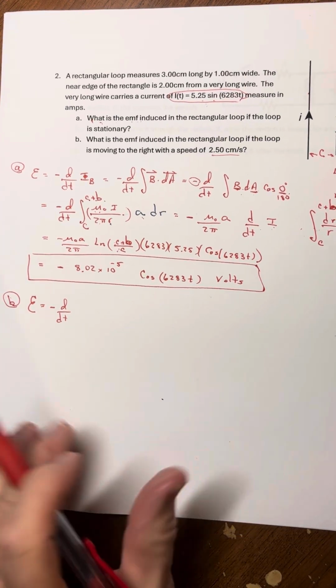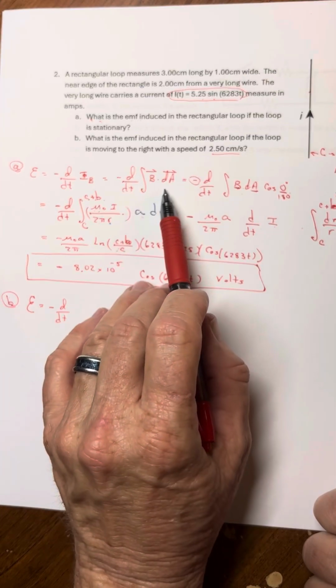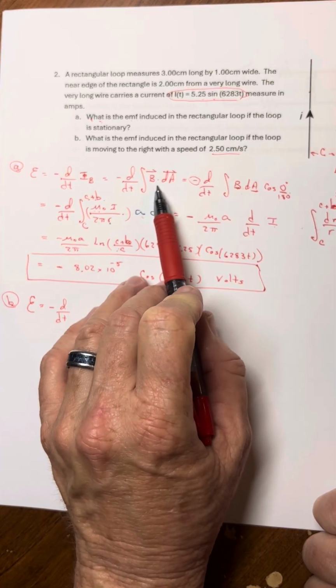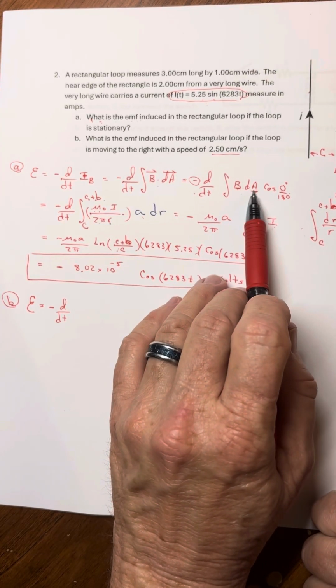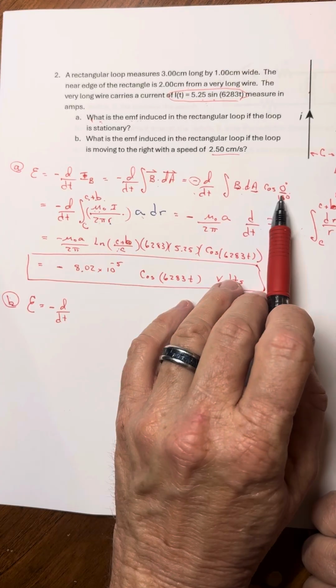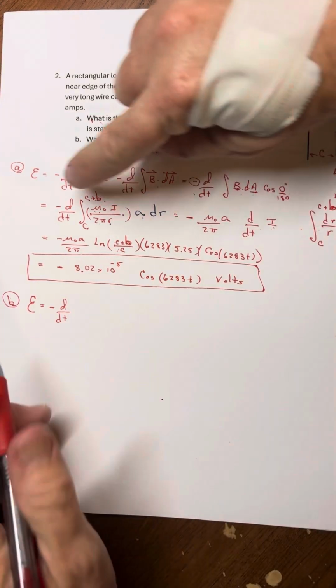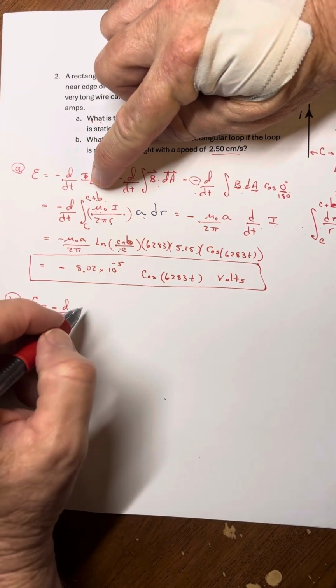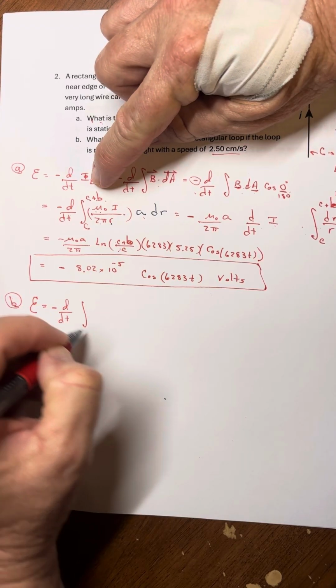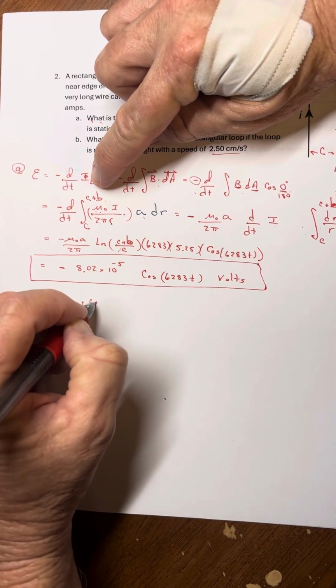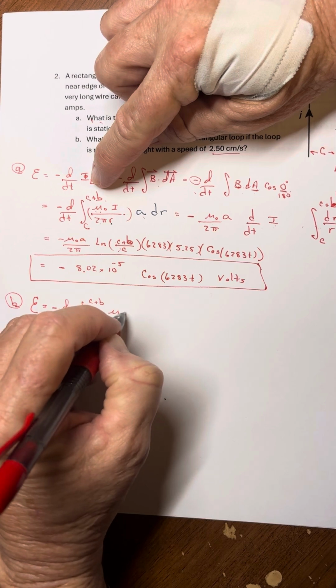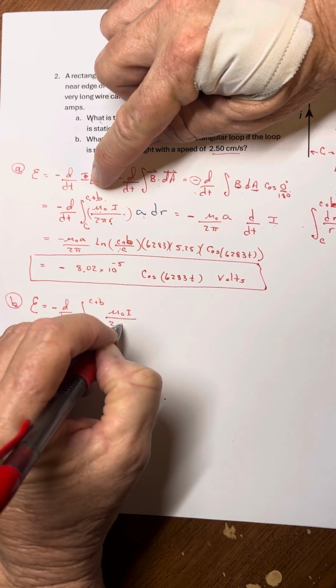And everything in part B is just like we did in part A. Here is the flux calculation. Here's the strength of the field, the area, the angle. And so let me pick up right here. And so this would be this integral from C to C plus B of mu naught I over 2 pi r